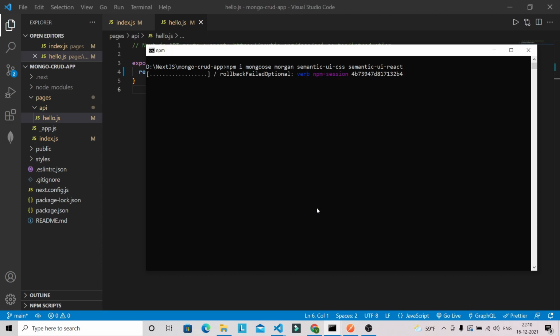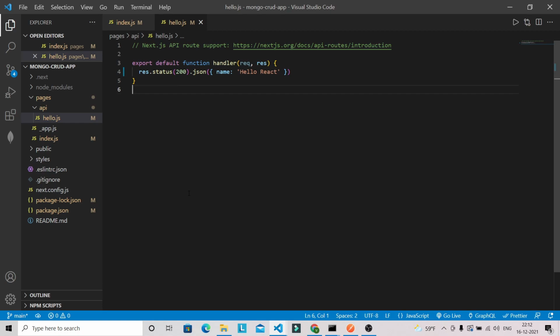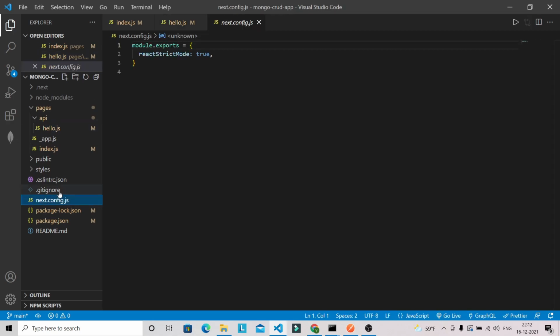So let's wait for the package installation and I'll be back once all the packages are installed. So guys, all our packages are now installed. Before we do npm start, we need to connect with MongoDB. So we can create our Mongo database here, in the next.config.js file. If your server is running and whenever you make changes in this file, then you have to kill the server and restart your Next.js server again. That's why I'm not starting our Next.js server yet, because I would have to kill the server again if I make changes after it started.